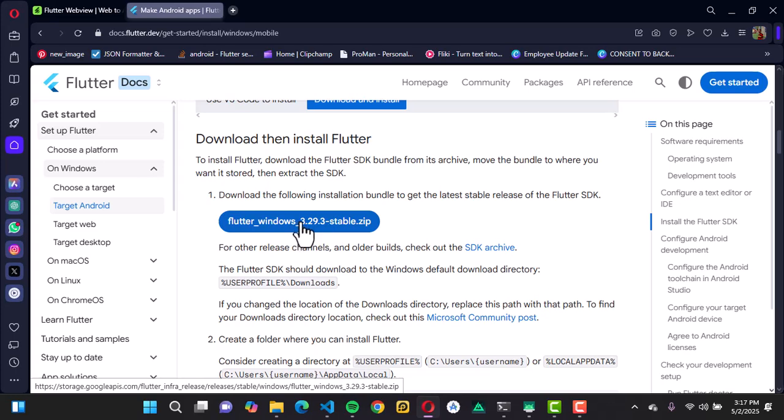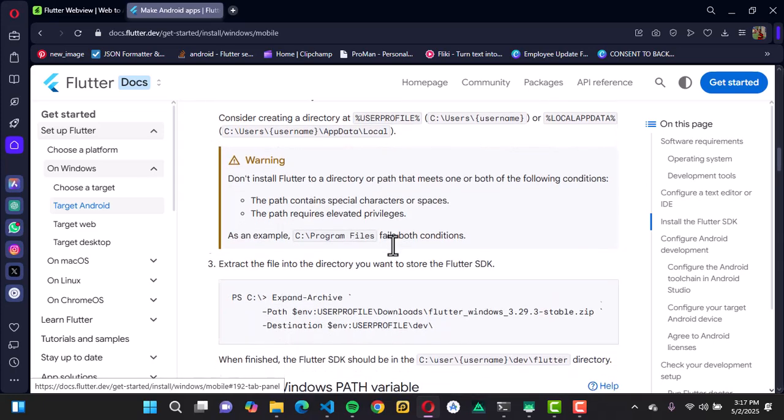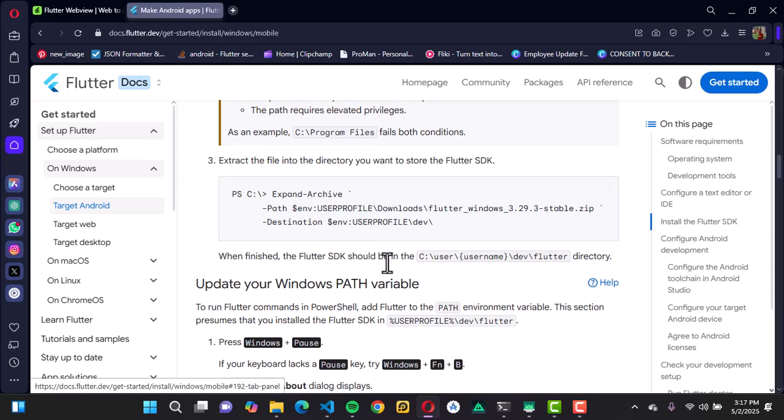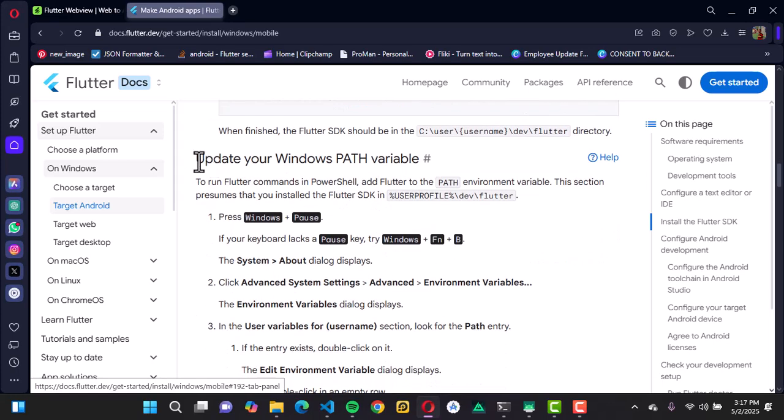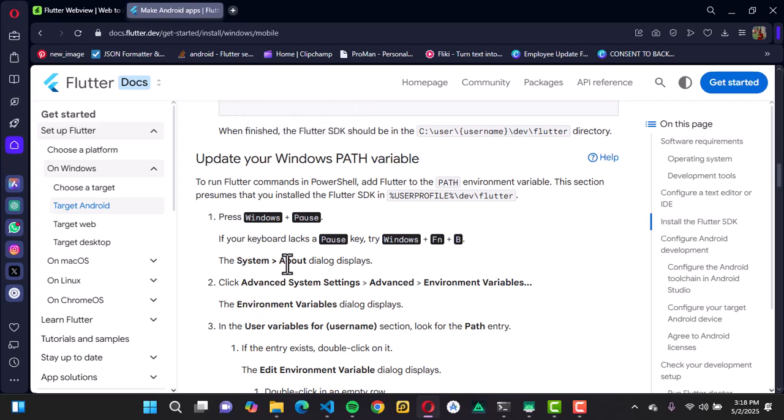Okay, so once you're done with this, you want to create a new folder where you extract the Flutter SDK directly from the zip into that new folder. You can go ahead and do some examples that have been set up here. And once that is done, you want to update your Windows path variable. Updating your Windows path variable means that you're going to go to System, Advanced Settings, and you're going to go to